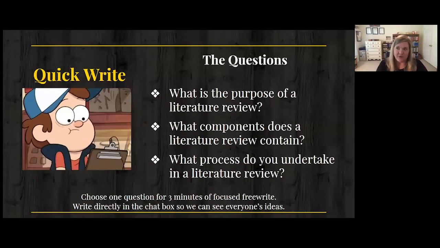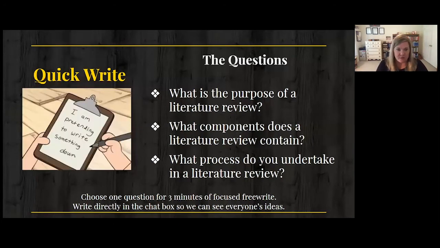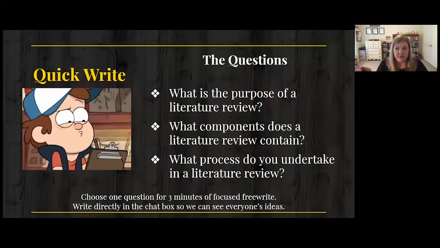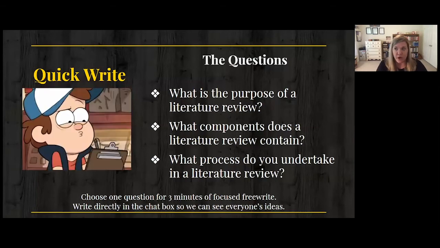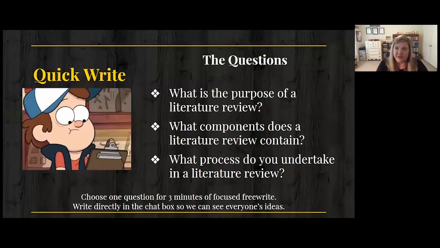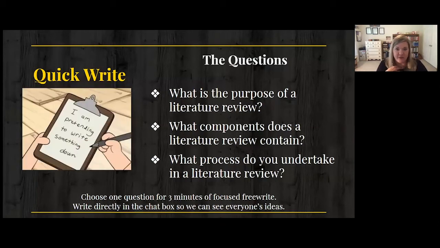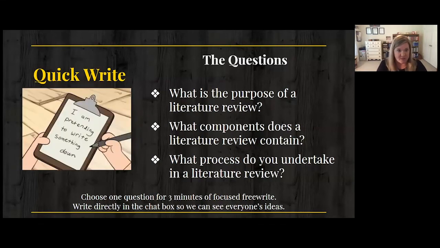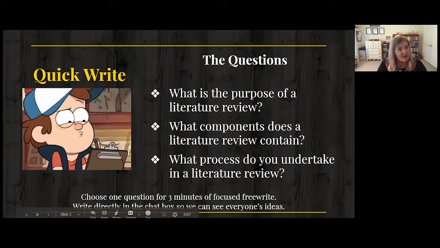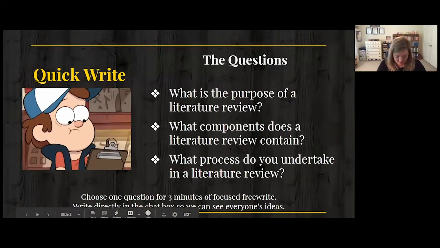So some folks in the chat noted that literature reviews are meant to show the field what's important, what's new, something about the body of literature. But other people in the chat noted that it's for learning yourself, right? Trying to figure out yourself what's going on in the literature, what might be connected to your own topic of interest. That point of audience is really interesting and definitely varied.